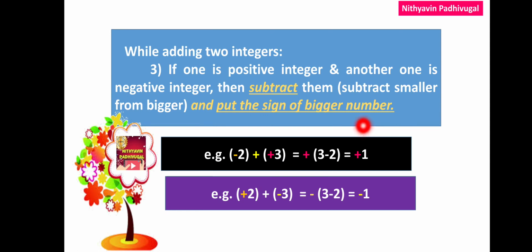Why to do this? How to do this? How is it possible? You may get many questions, right? Let me tell you the same kind of explanation. Now, you are giving 2 chocolates to your brother and you are getting 3 chocolates from your mother. Then how many chocolates will you have in your hand? See, 3 in your hand, you gave 2, so you will be having 3 minus 2 chocolates in your hand.